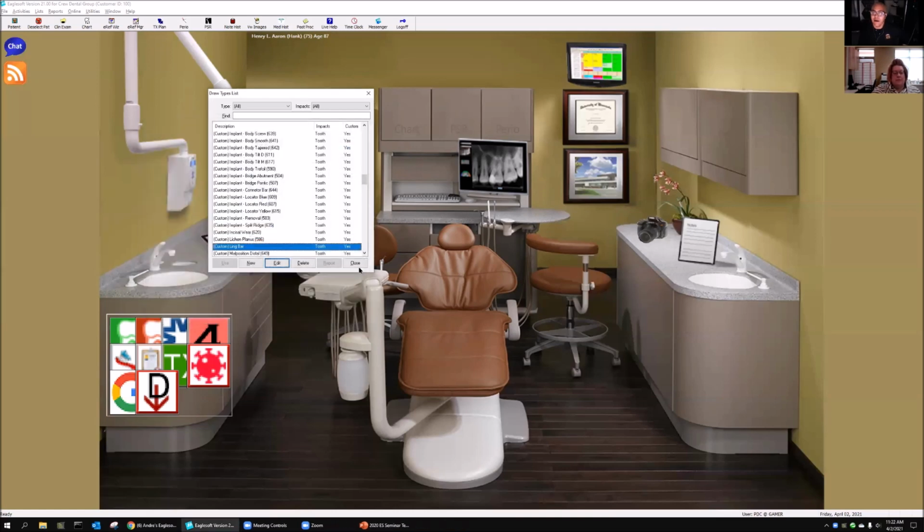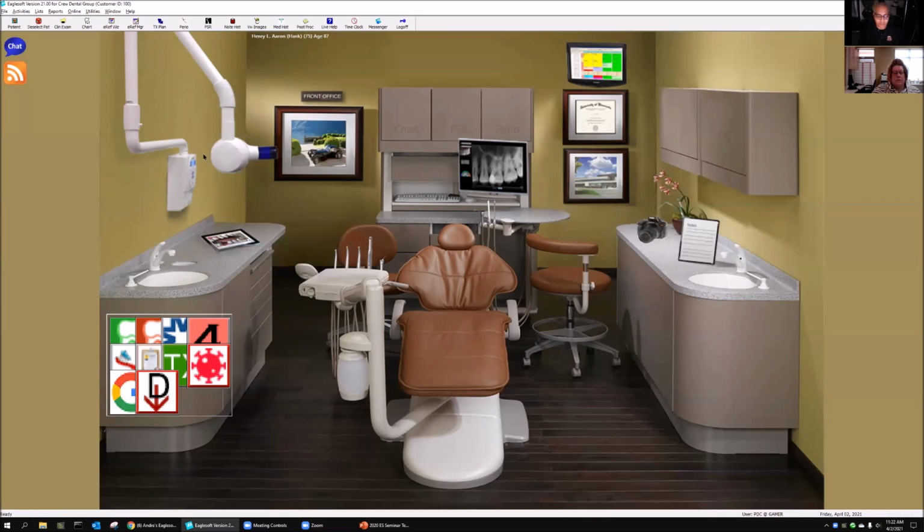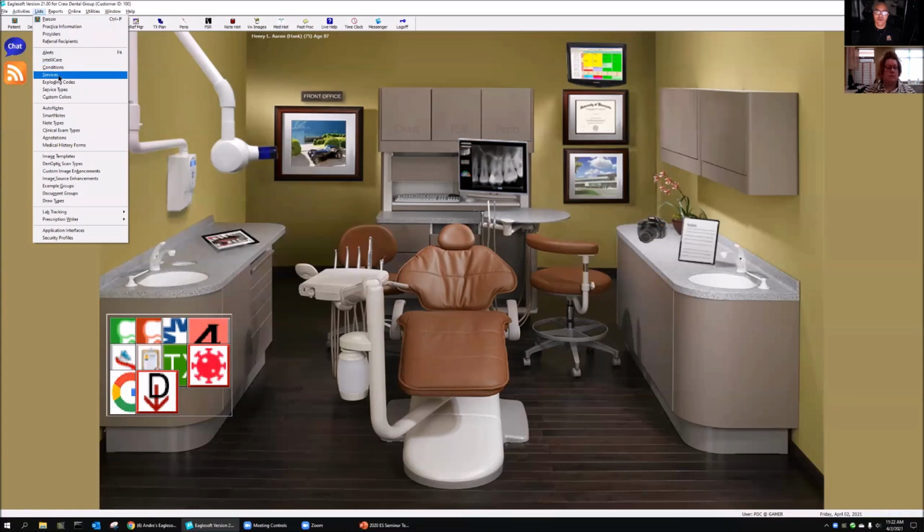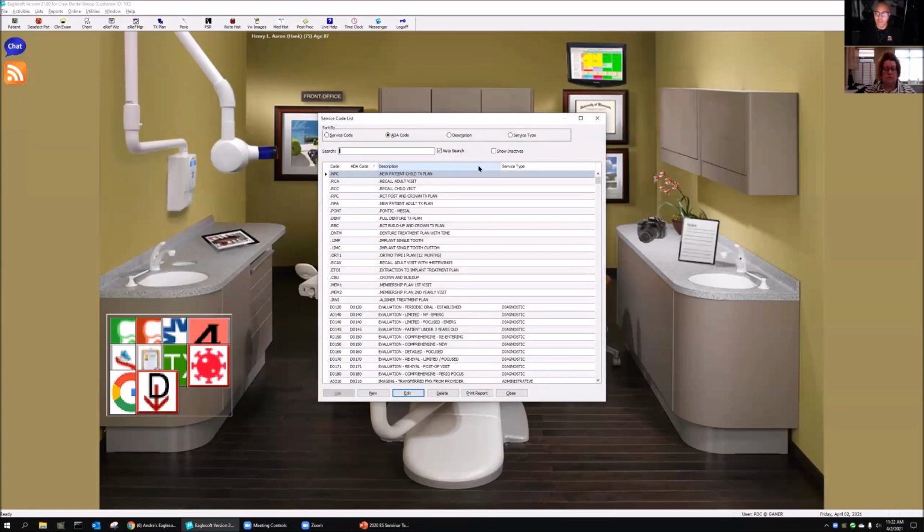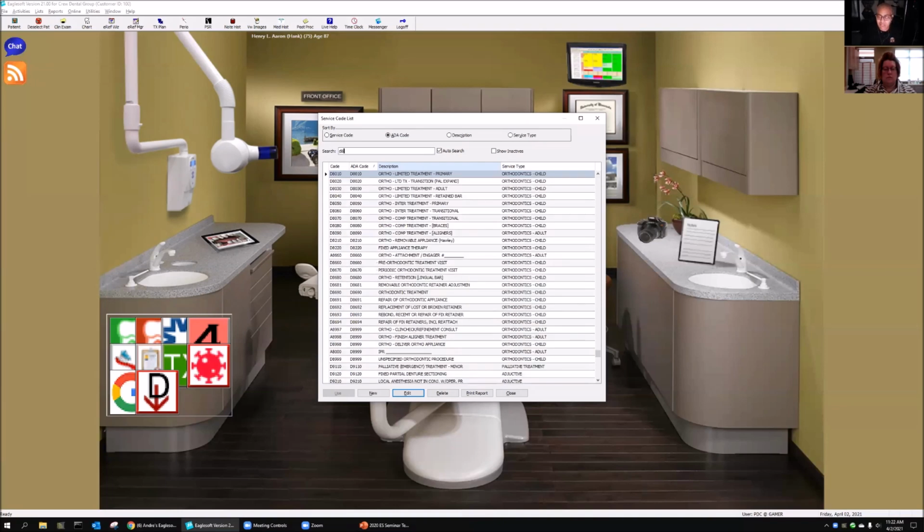But now, and this is one thing you're going to have to decide as an office. When you connect it to a service code, like we did for the buildup and for the custom abutment, there is a code for orthodontic retention. And if an office doesn't do any other kinds of orthodontics, orthodontic retention should be something that you're not using. So you might be able to use it for this. Otherwise, you might have to create your own sort of drawing for it. So the orthodontic retention is,